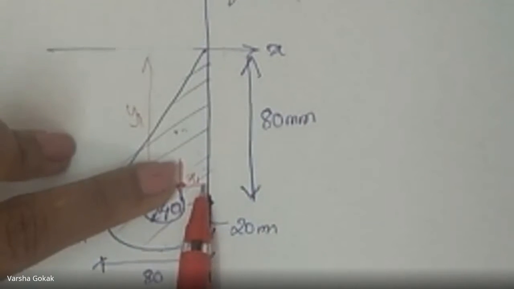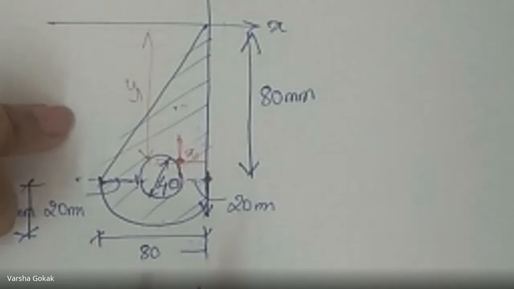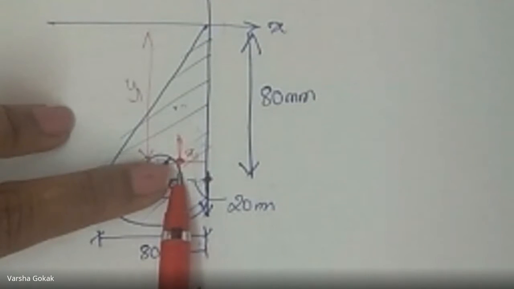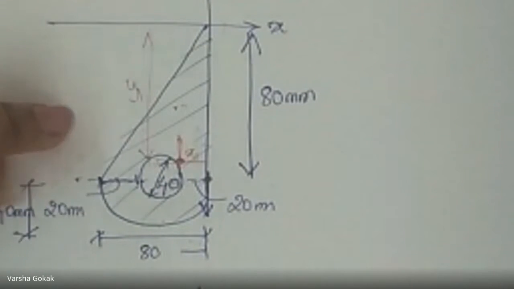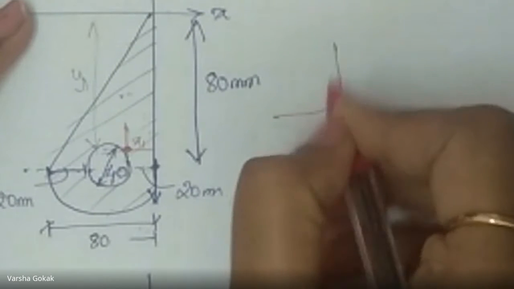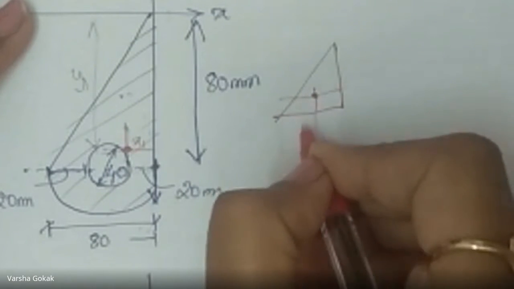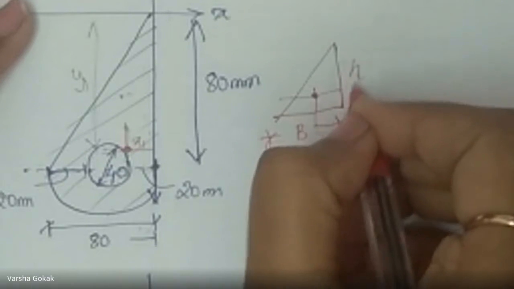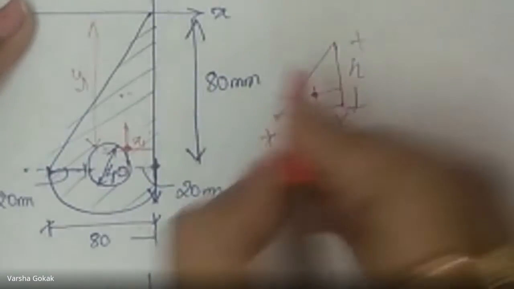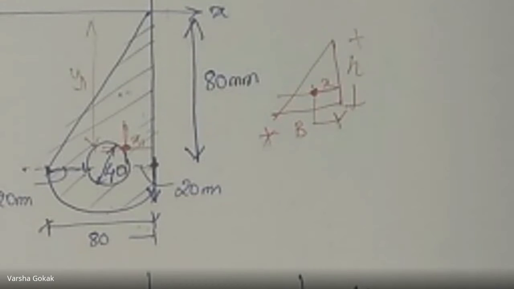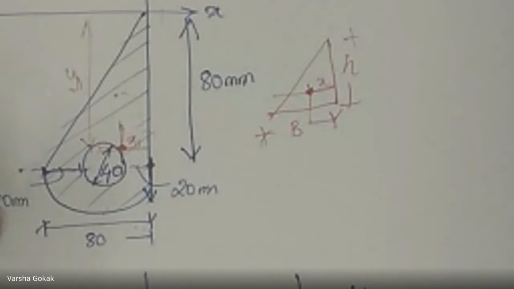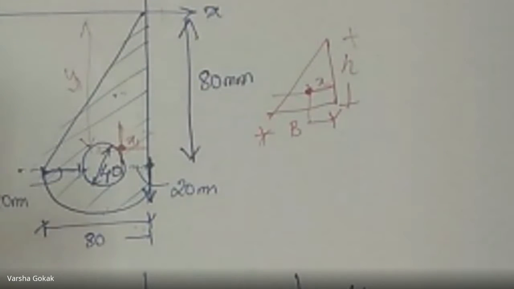So what is the value of x1? Tell me in formulas, then we'll substitute it. Tell me the formula for CG of a triangle, X here. Or I give you a triangle like this. I'm telling you this is the CG, this is the base, and this is the height. Right? So tell me, what is this X distance? B divided by 2. Sonali, no. Not 2. 2 means exactly at the center. No. For a triangle, is it at the center? For a rectangle and square, it is at the center.